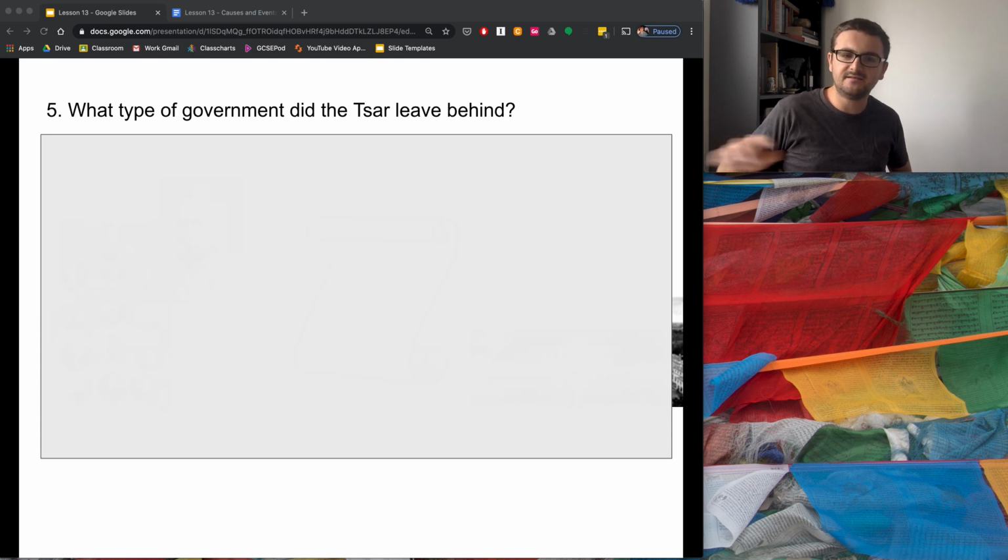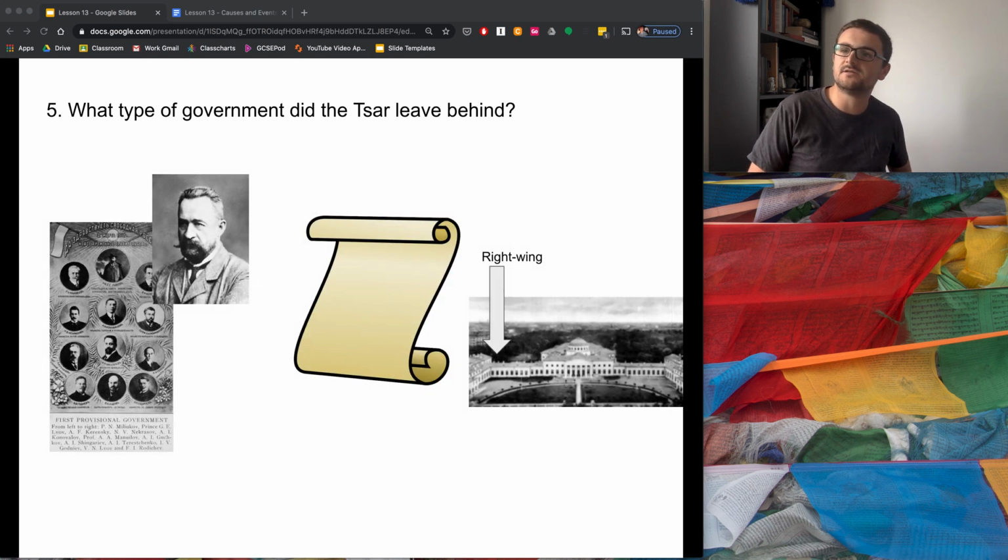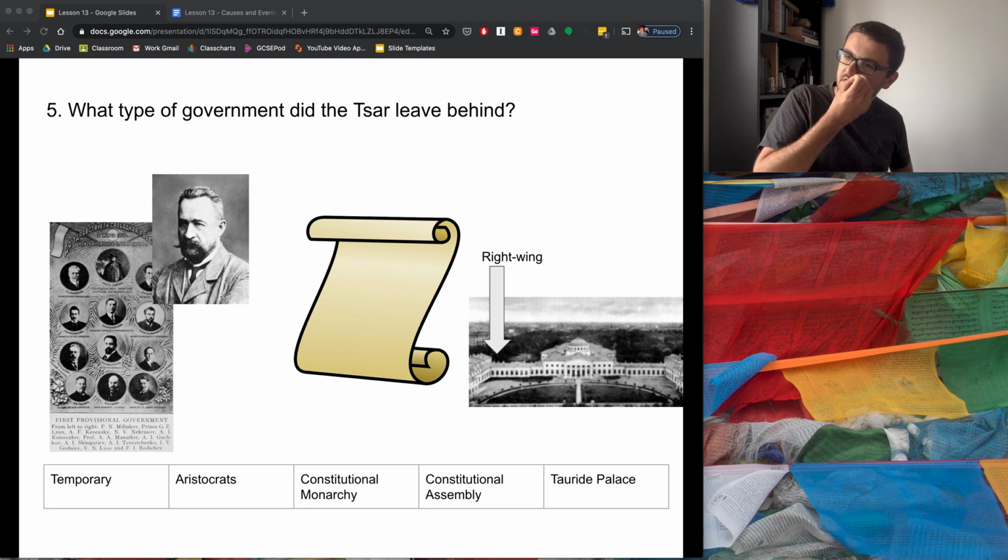Okay, and again, I've got some clues for you. Take a look at these clues, pause the video and empty your head. Remember to change colour. And then again, I've got some images, I've got some keywords for you too. Pause the video, read them carefully. Can you match them to the images? How do they answer the question?